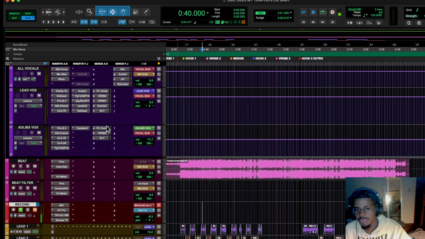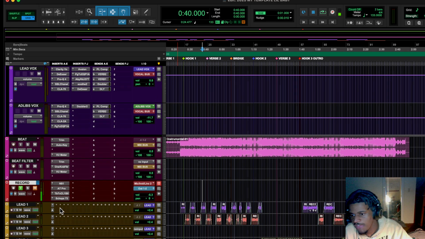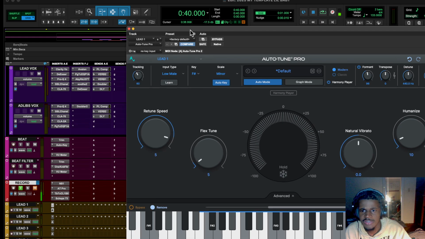Now, before I continue, I do usually leave this out in the vocal preset by accident. So we're going to go ahead and show you the auto-tune before I forget. We got this on 5, 5, and then 10. You can kind of have this all the way down, just depending on how much auto-tune you want. I try to keep mine as natural as possible, but you know, like Lil Baby got that auto-tune for real.